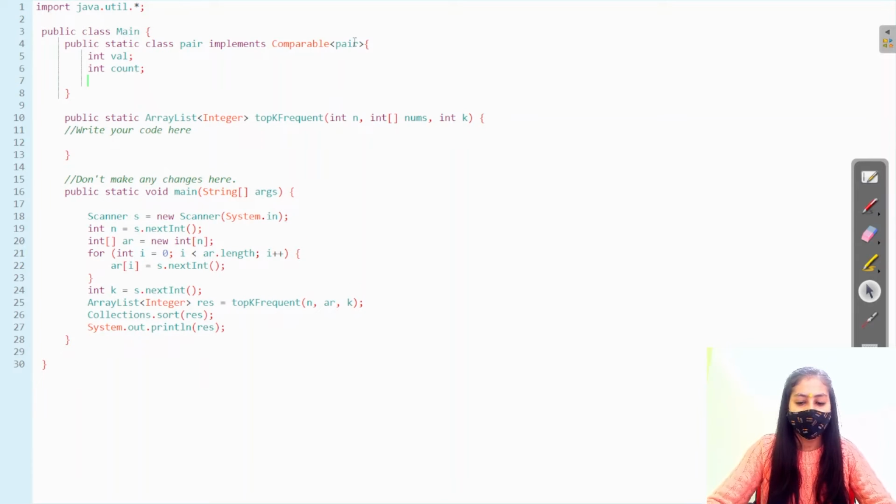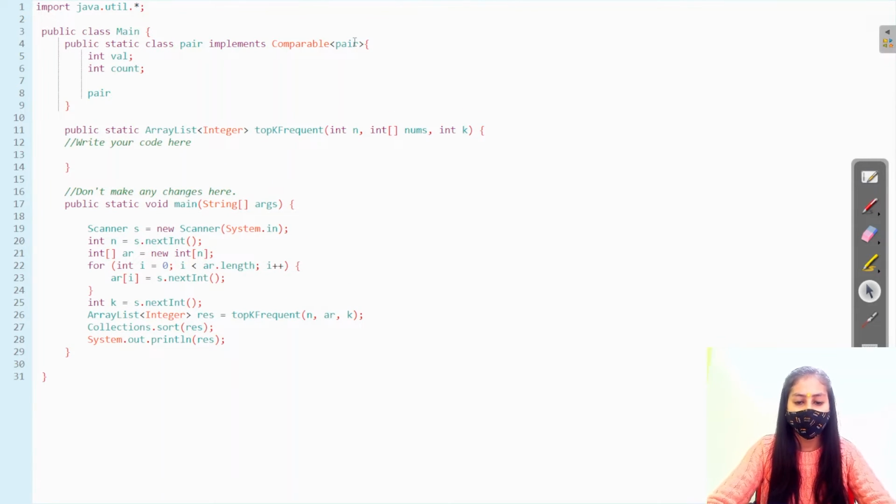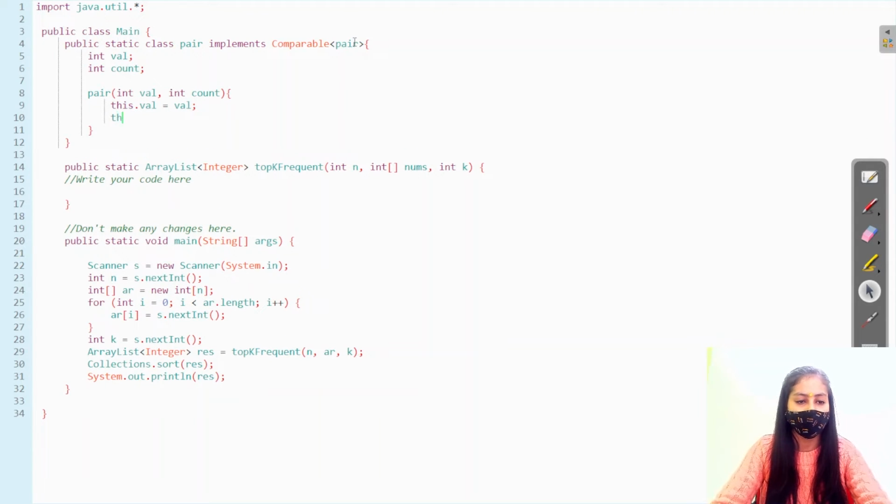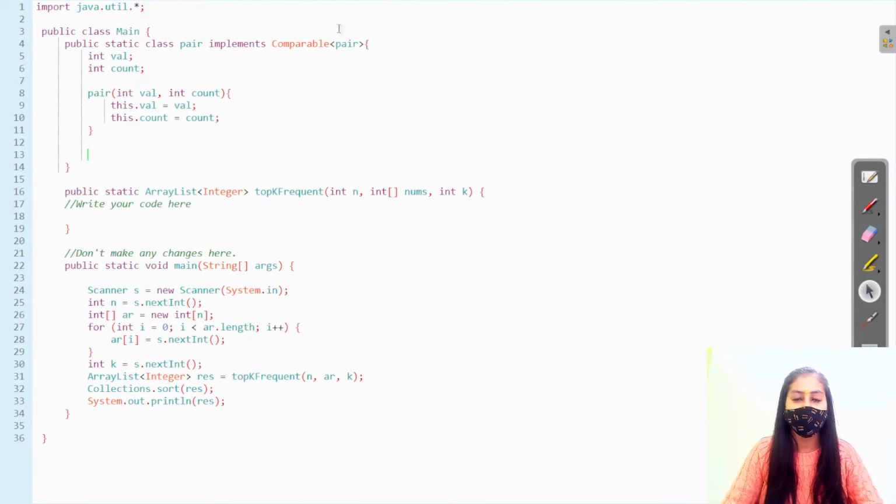Now let's initialize its constructor. So int val, int count, right? this.val is val and this.count is count, right? Next, let's override the compareTo method, right? So public int compareTo, the name of the method is compareTo, so we have to pass a Pair, an object of this class, right?